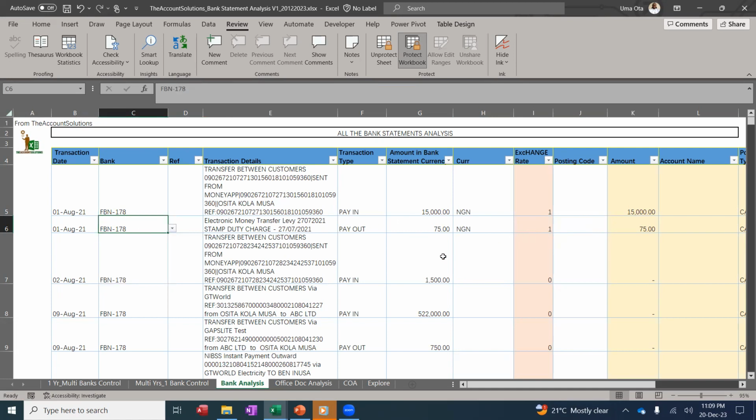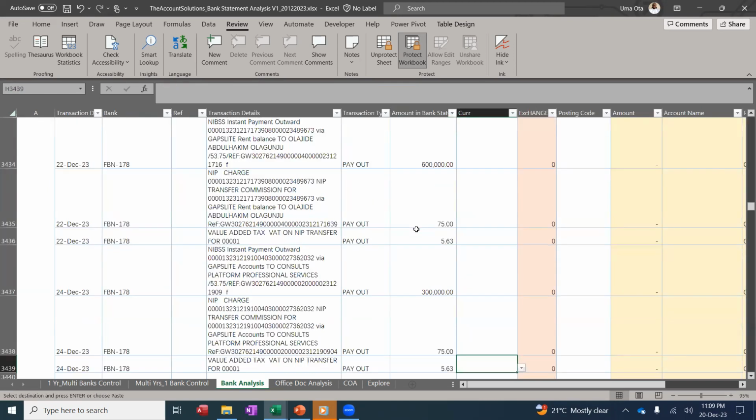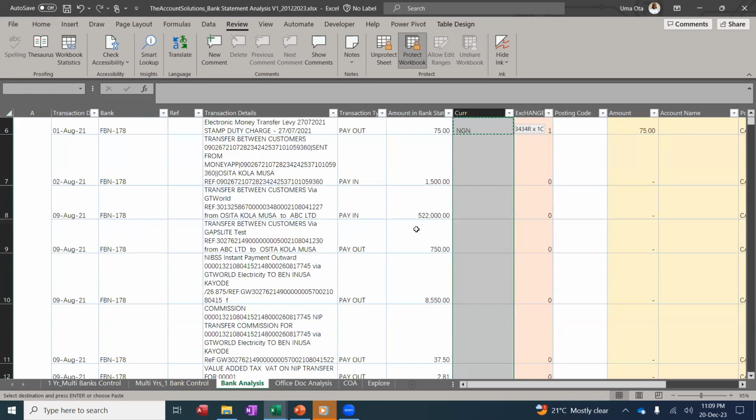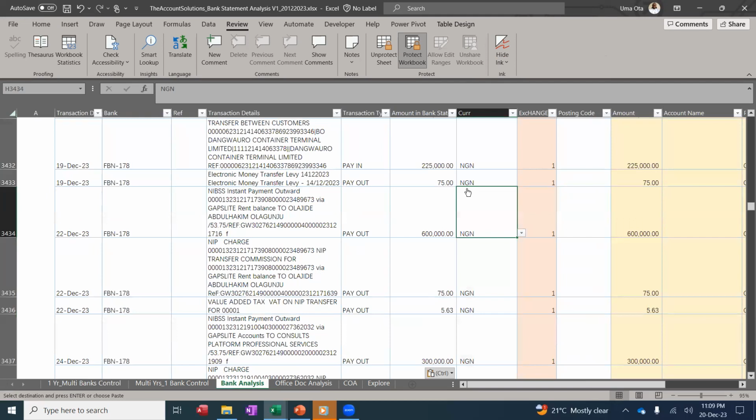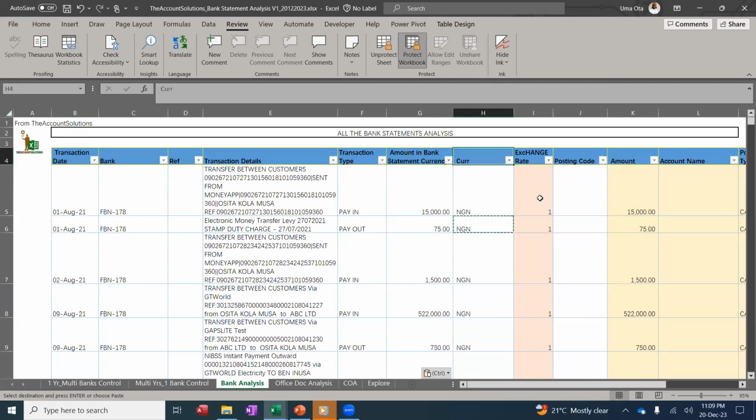Okay, so this is how you do it. Just copy all this naira. I'm going to paste them, paste 1 2 3. These are all naira, and they've given me my equivalent. So you can use multi-currency in this analysis and convert to your naira here, or to the currency you're